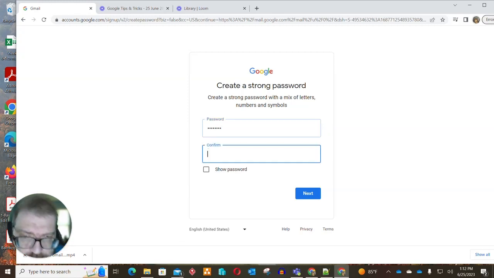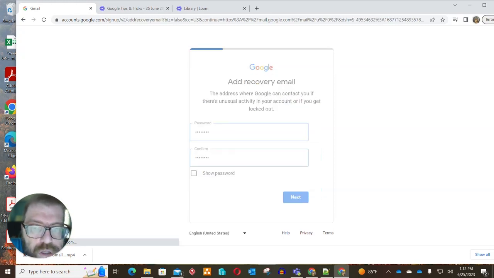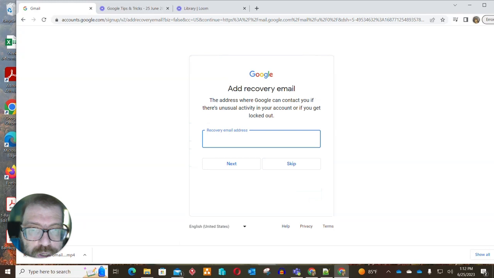If it's not strong enough for their characteristics, which is generally going to be a special character, number, capital letter, things like that, and you can see here, using a mix of letters, numbers, and whatnot, it will have you